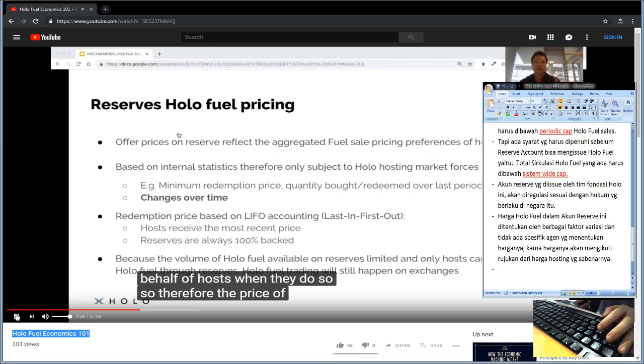The price of the reserve account will reflect the pricing preferences of hosts in aggregate. To be very specific here, individual hosts on the network are able to set a personal floor price for Holo Fuel in their